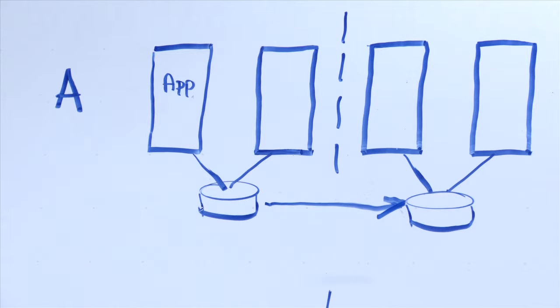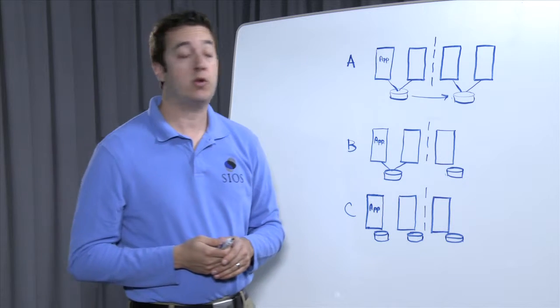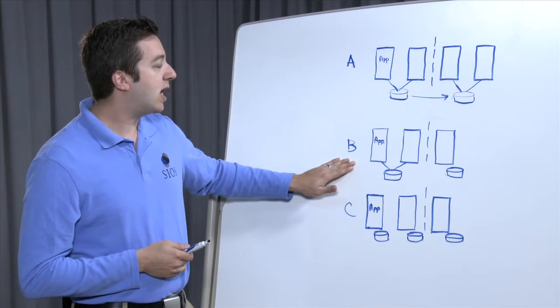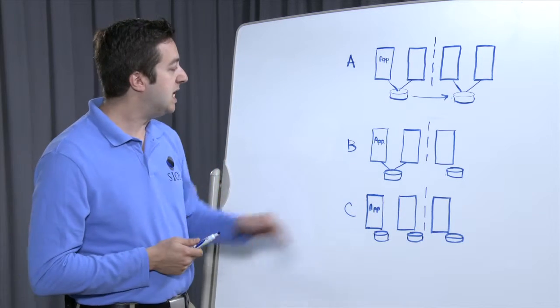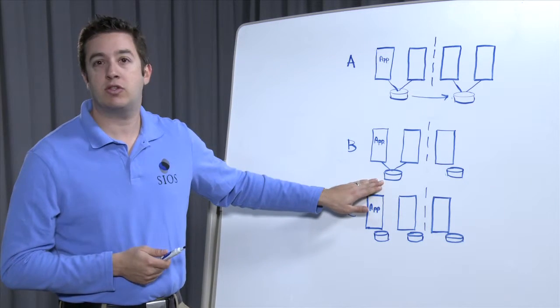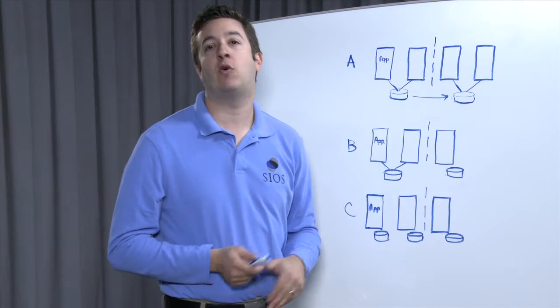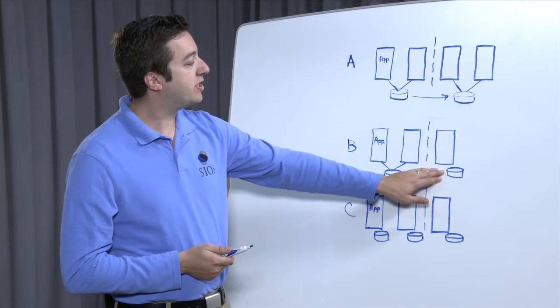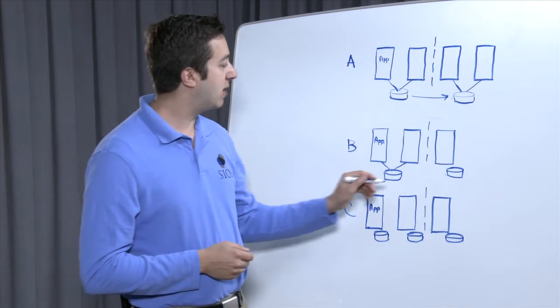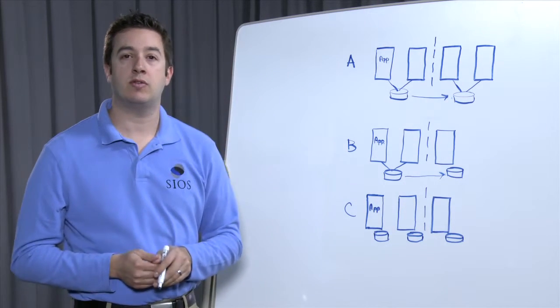Now, this is great if you have multiple servers and you have SANs at both sites. It does not require identical servers or storage. Now, another option you've got is option B. This is what I call a 2x1 cluster. In this example, I've got 2 servers with shared storage at the primary site, but perhaps I don't want to or I can't afford the investment in a secondary SAN at the remote site. So here I've got a third system with local storage. And just like before, SIOS is going to replicate data from the shared storage over to the local storage at